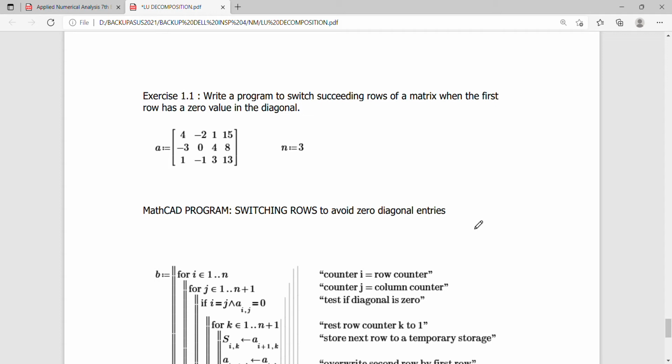Good afternoon, guys. This is another program on MathCAD to show you how to switch succeeding rows of a matrix when a zero value is encountered along the diagonal. This is very useful to avoid any misbehavior in the process of eliminating